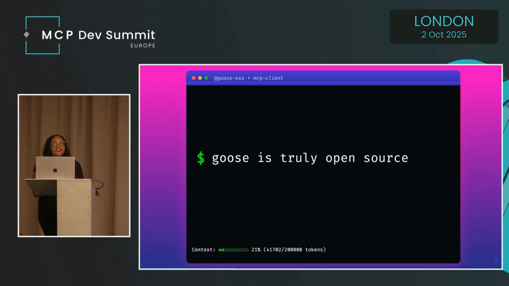People often ask me, how is Goose different than all of the many other clients that are out there? My answer is that Goose is truly open, with the most permissive open source license there is, and it's highly customizable, which means that the community, you all, play a major part in building the agent of your dreams, right? Goose is Apache 2.0, which means you can fork it, you can remix it, you can ship it, you can even turn it into something entirely new.